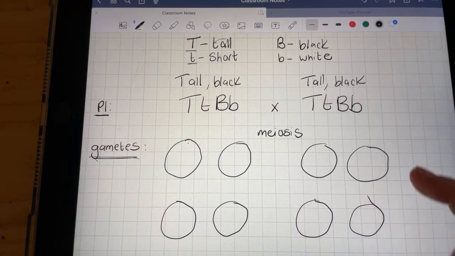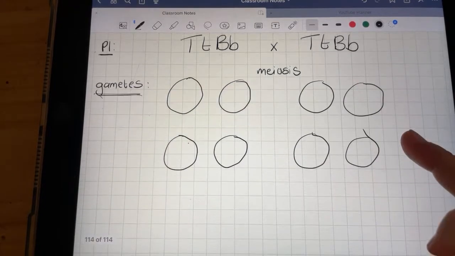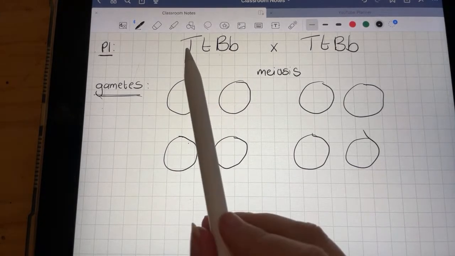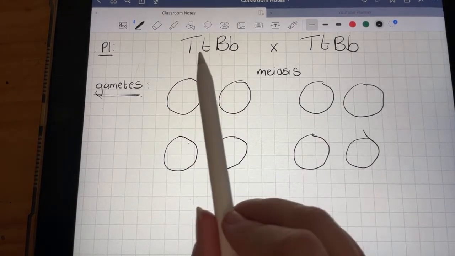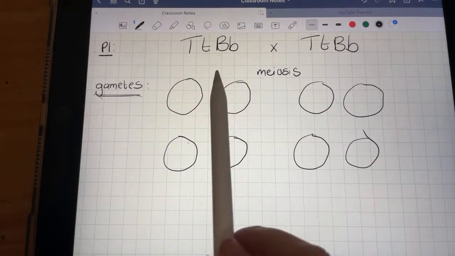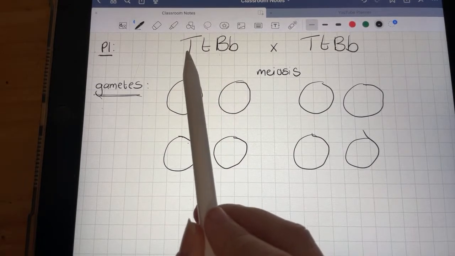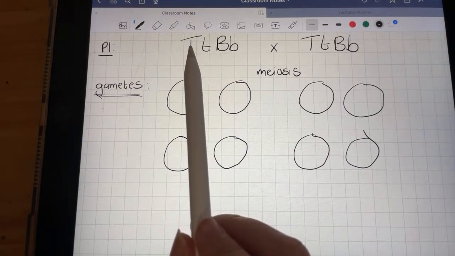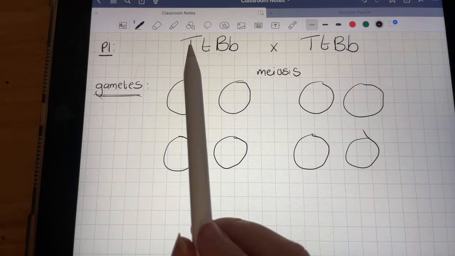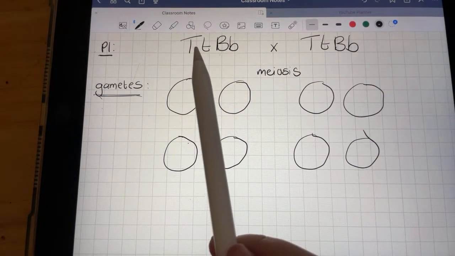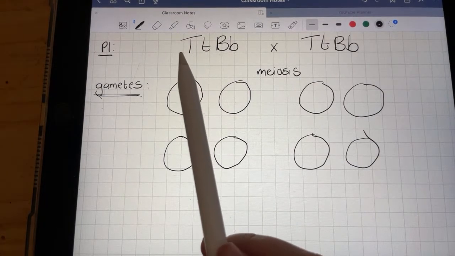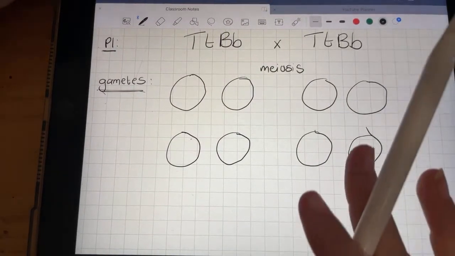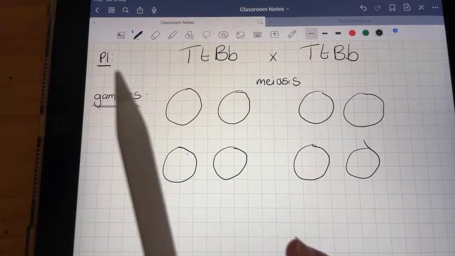Okay, I want to move on from saying that now and go into making these gametes, because this is where everyone makes mistakes. This is what I teach my grade 12s. You can only use each of these letters twice. So what I teach them to do is underline them to show that they've used them once. And also remember the law of independent assortment and the law of segregation is really important here now. So the law of segregation says that you can only inherit an allele twice from each parent, no more.